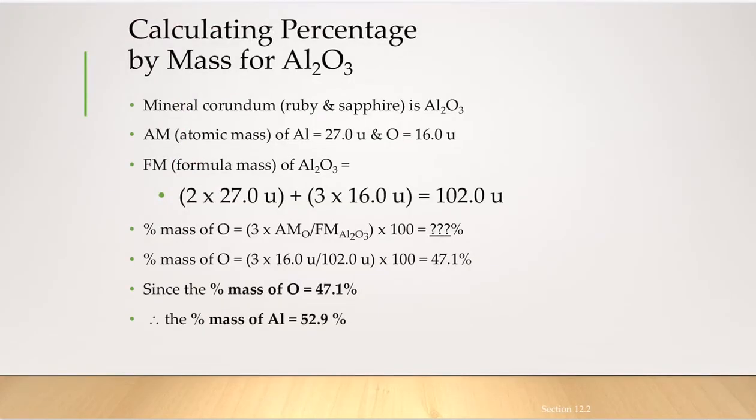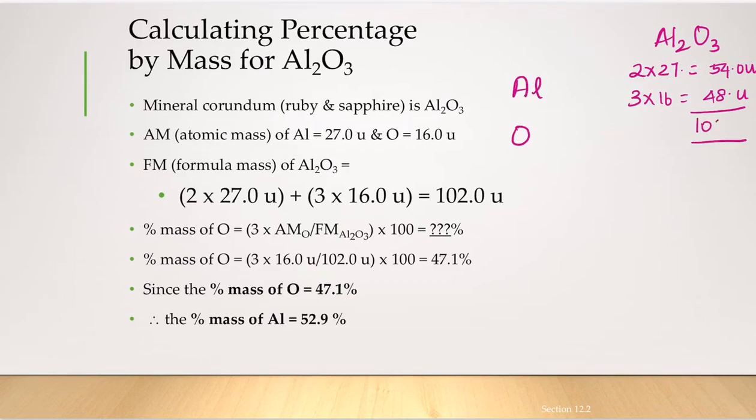Another example: how do we calculate the mass percentage of different elements in Al2O3? There are 2 different elements, one is Al and the other one is oxygen. Let's find the formula mass of Al2O3. There are 2 aluminum. Each aluminum is going to give 27.0 units, which is equivalent to 54 units. And each oxygen is going to give 16 units, so 3 oxygens are equivalent to 48 units. That brings us to a total of